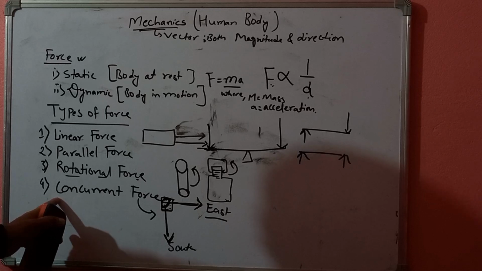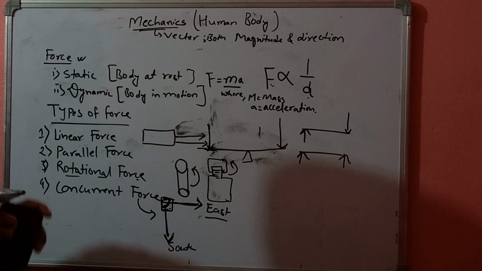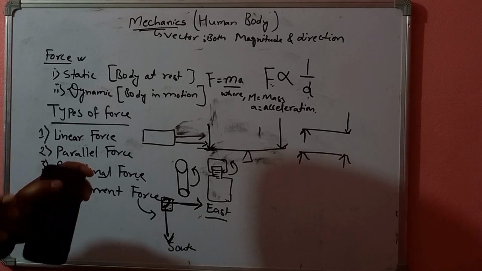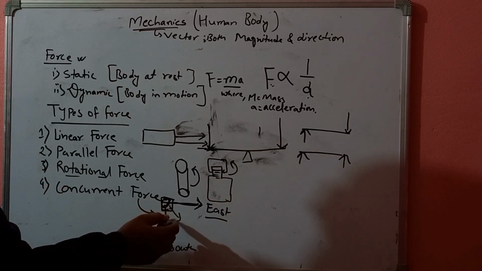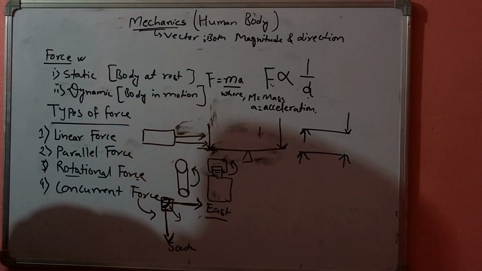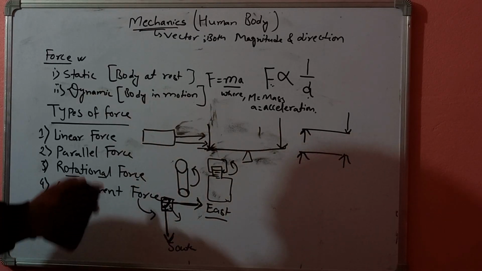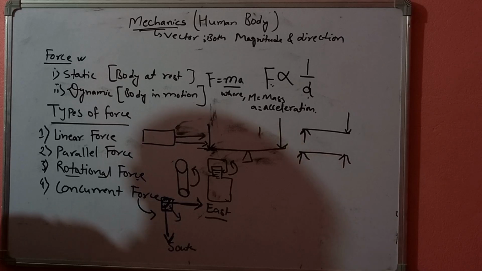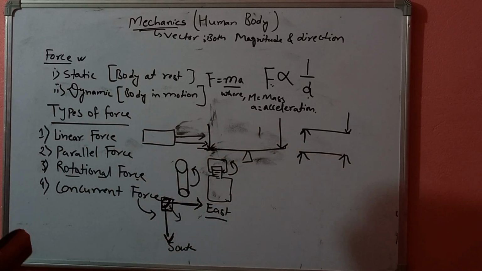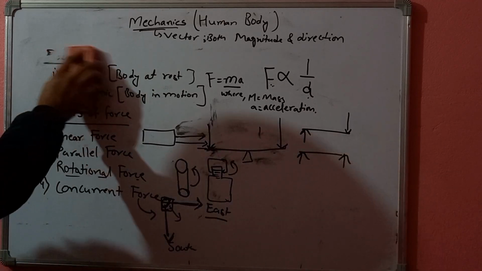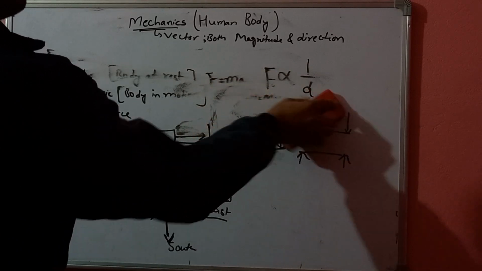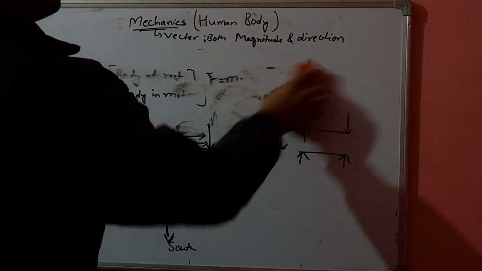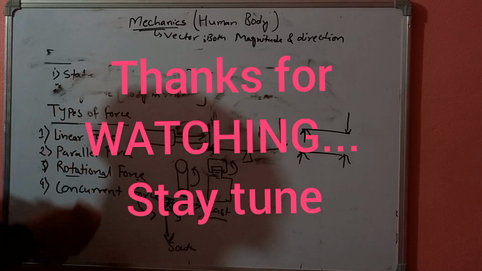Now come to the fourth. What is concurrent force? Concurrent force is force applied in different directions, and the resultant will be their vector, right? The vector measurement will be their result, right? These are about mechanics in the human body, like these are the mechanics, understood? In mechanics, come to the second one. Or shall we move